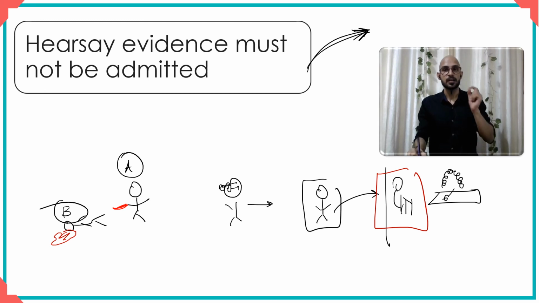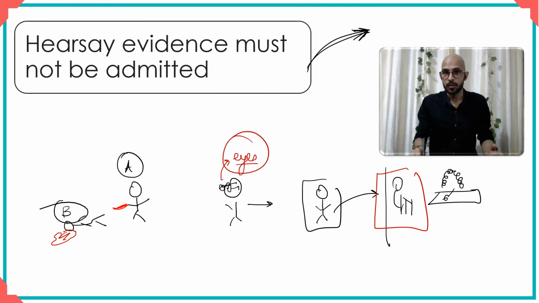In case it has been sensed by someone else, which means that someone else's sense organs were used, the eyes were someone else's, but the mouth is someone else's, you see. So in that case, it is hearsay,